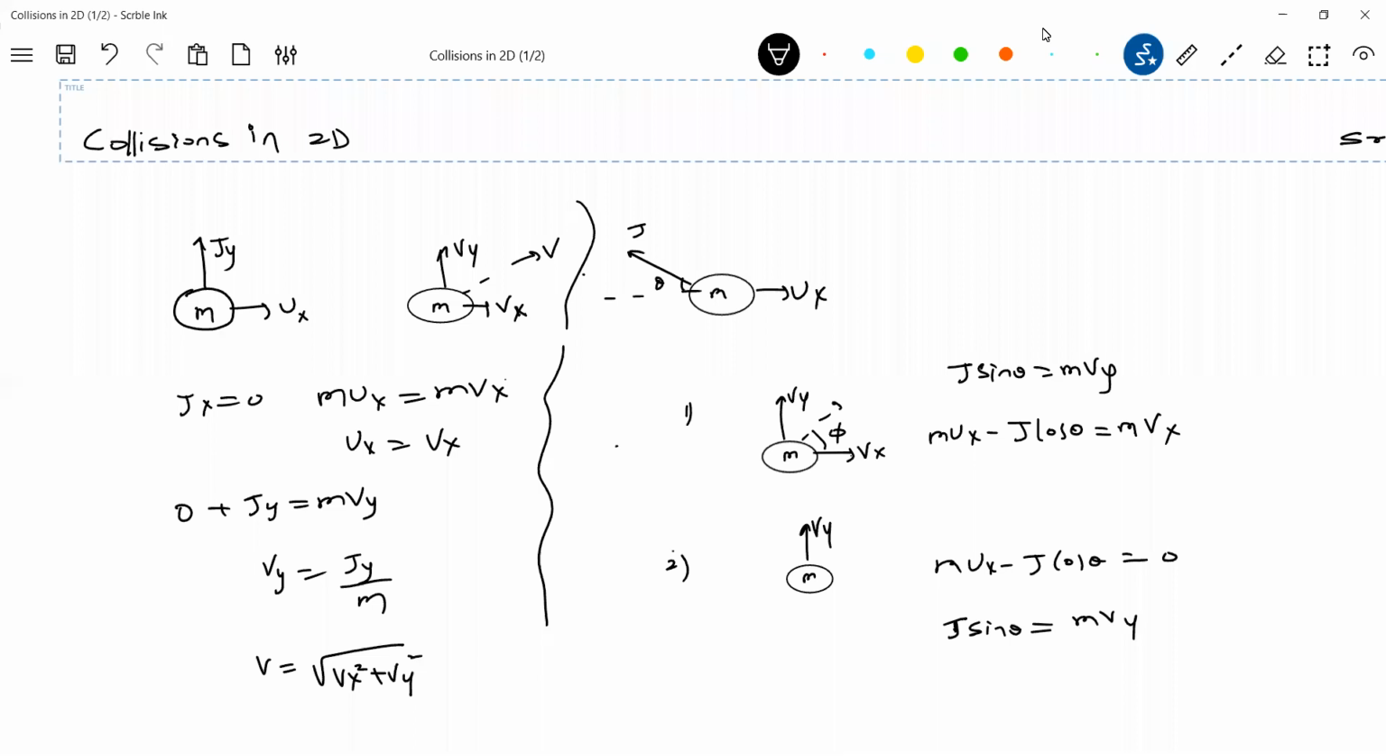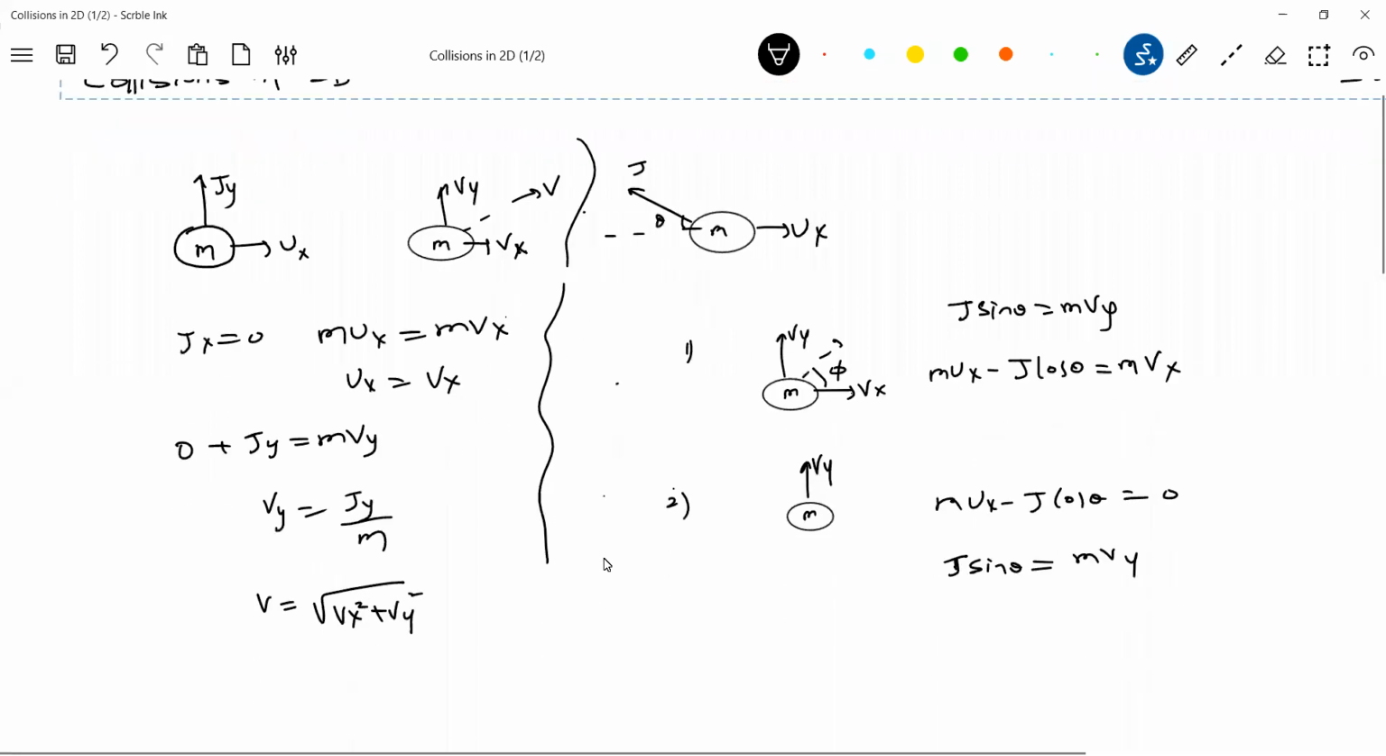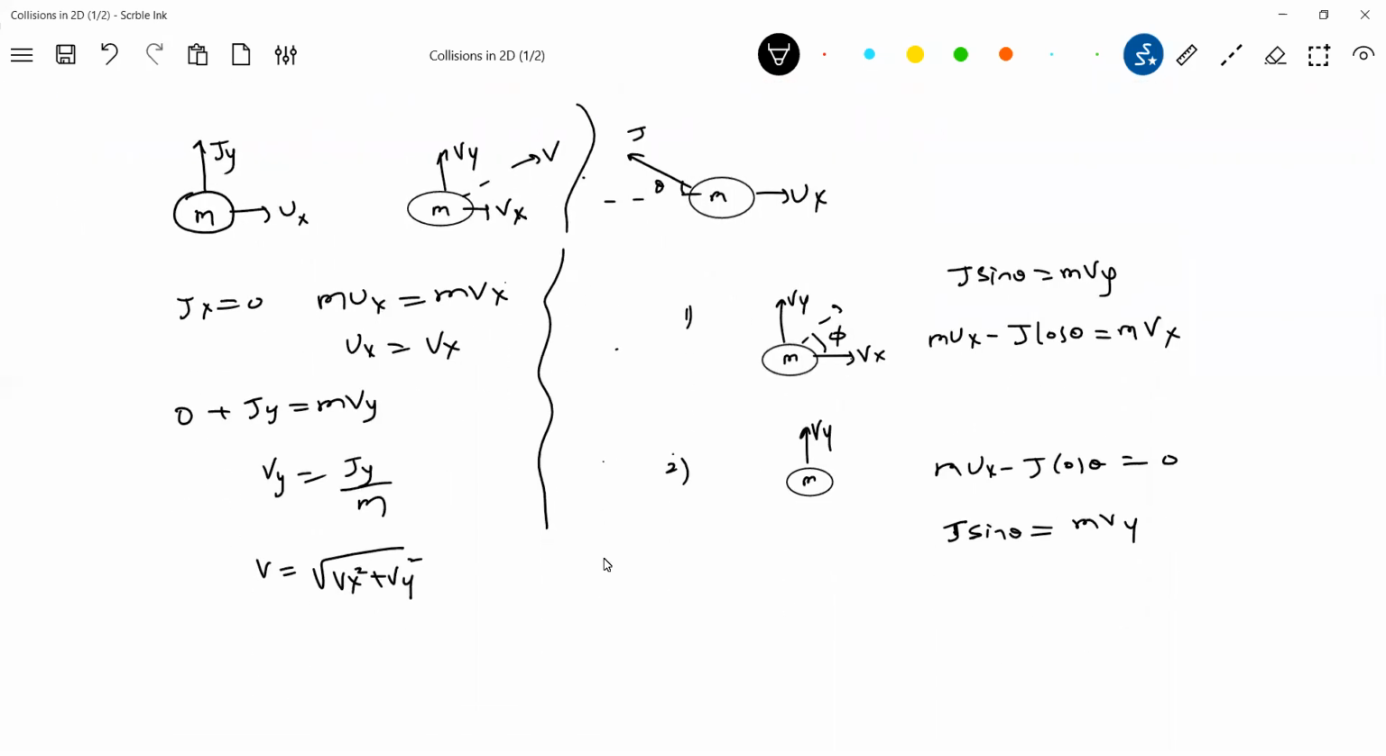What is the next possibility? J cos theta, if it is greater than